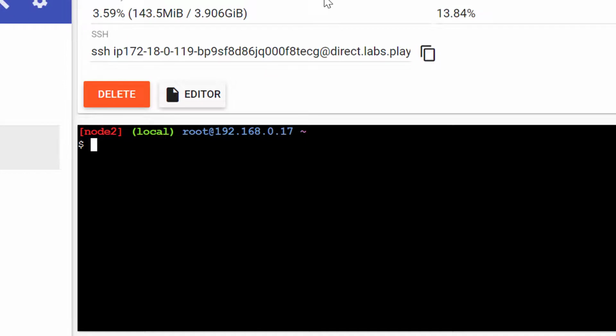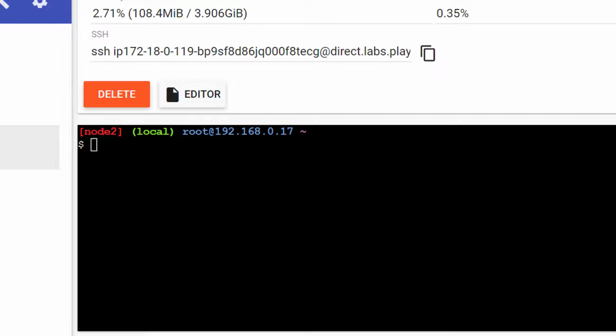And the difference between the earlier lecture and this particular lecture is, earlier we created a custom network and we attached the containers to that specific custom network. By default, when a container is created, it gets created with its own namespace. This time, directly it's going to get created against the custom network that we had created.